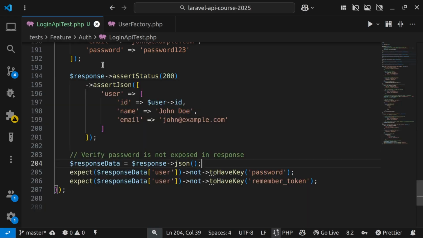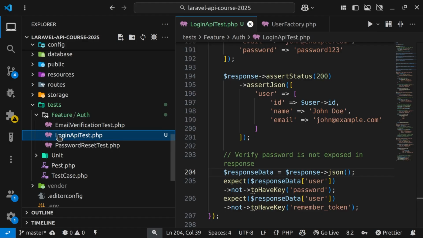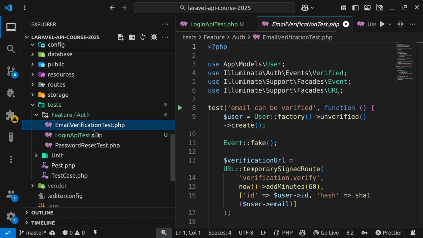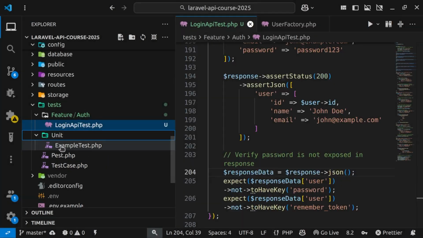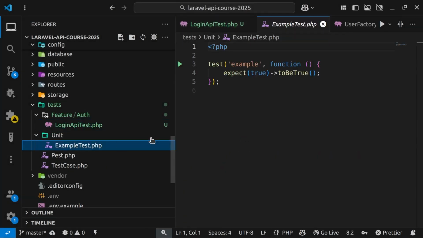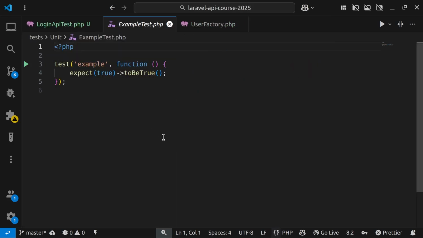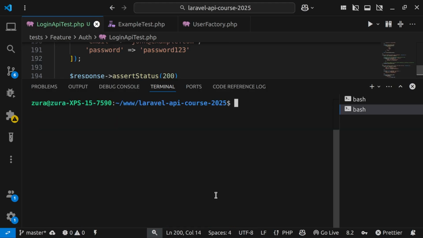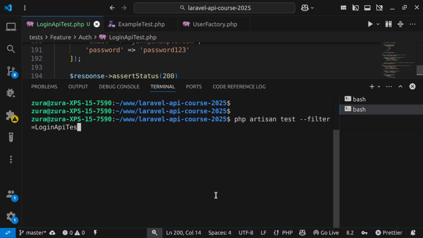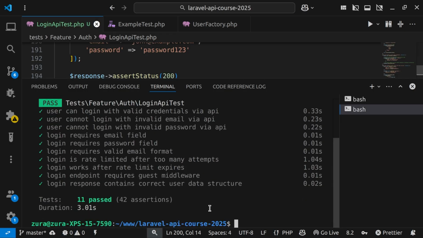Well, in our application, we don't have email verification or password reset at all, so I'm going to remove them completely from tests as well. From the unit, we also have one example test, which simply checks true equals true. That's fine. But I removed any test except this login API test, and I give you a challenge to add register API tests in the following way like we did for login. And now if I execute php artisan test without any kind of filter, it runs this example test and everything else, and all of them are